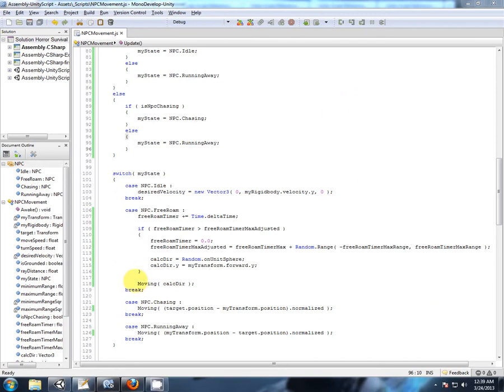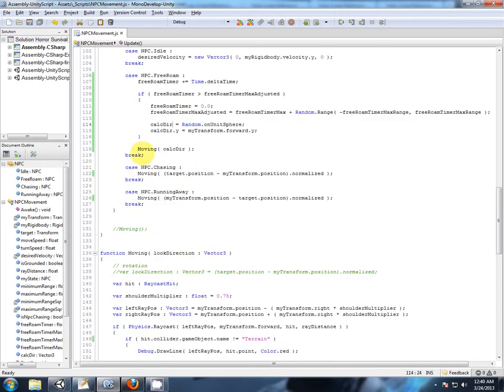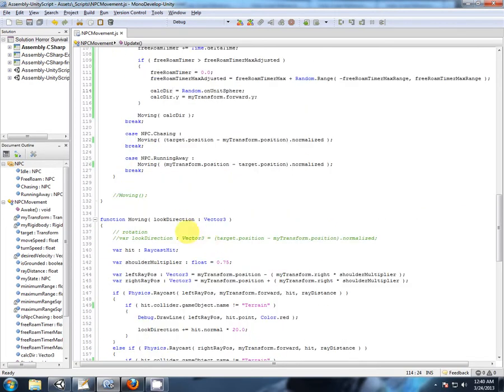Now when I had a chance to review all those problems that we're having with our NPC looking up and down, I just rewatched the video and I could see what was happening when it wasn't in real time. I had a chance for my brain to work instead of panicking on the fly. So when we're calculating our directional vector in our moving function,